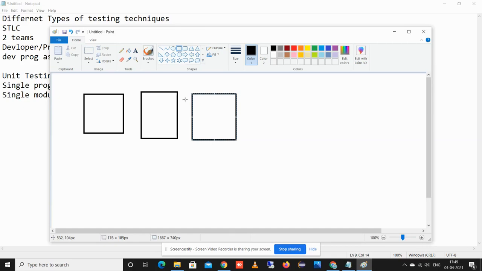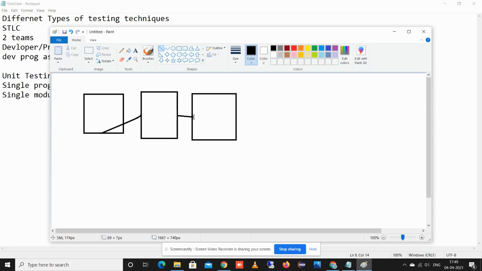Suppose the output we get from this program becomes the input to the next program, and the output from that program becomes the input to the following program. That is called integration testing, but they don't do the complete testing.